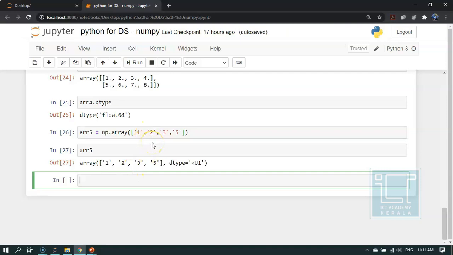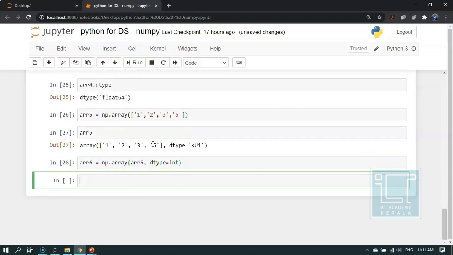This can also be converted into an integer, similarly to what we have done before. So I am creating another array, arr6, with np dot array.